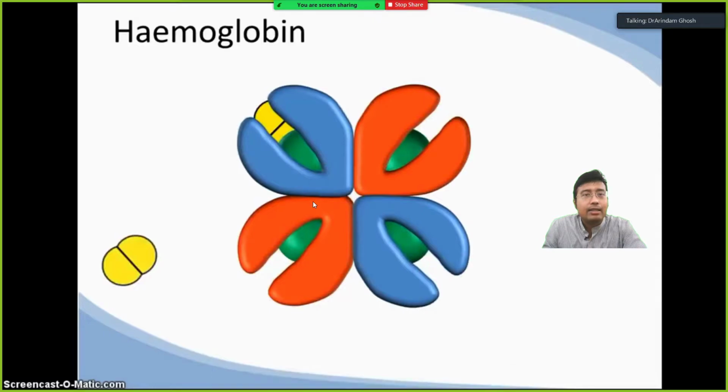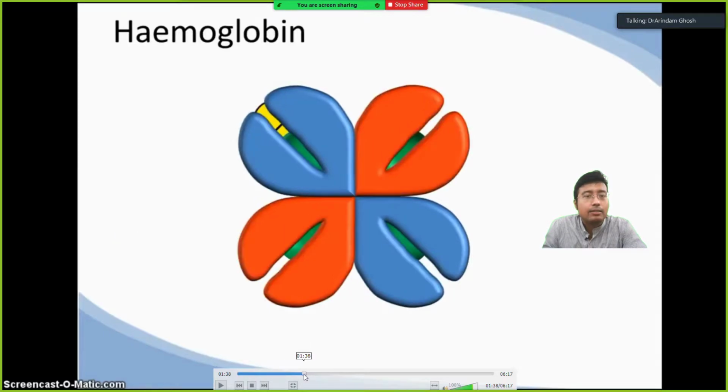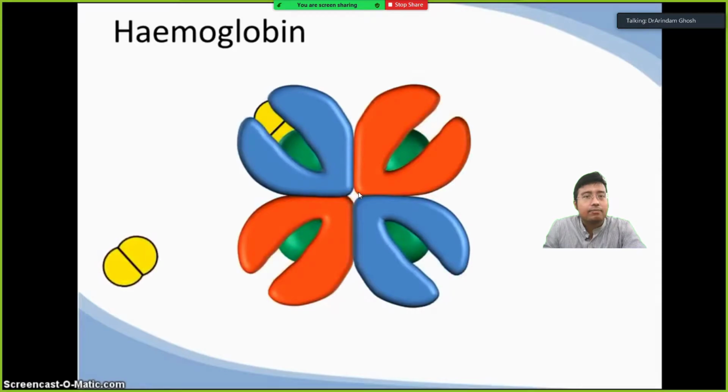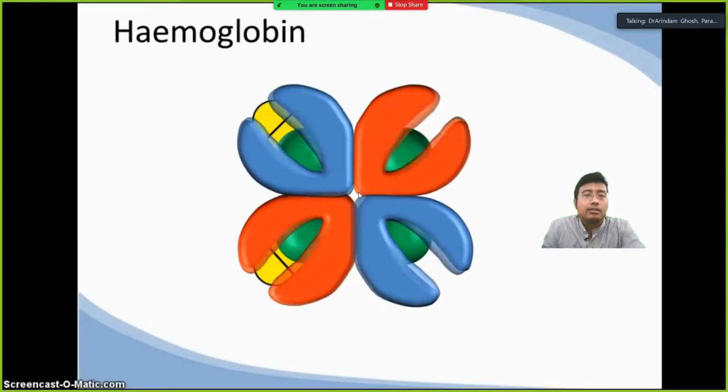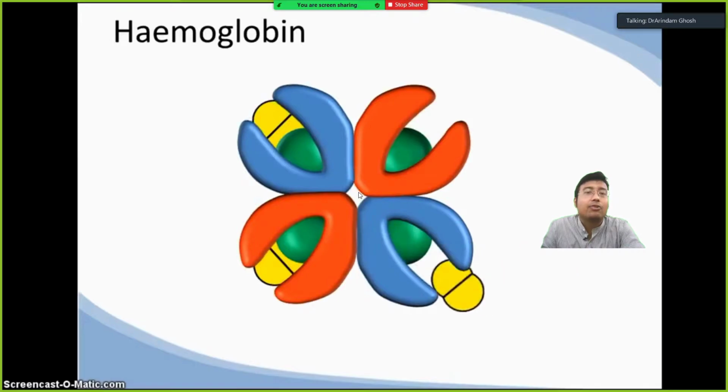And there is a change that is also going on. You see over here, in between, a gap is being created. Over here all these are tightly attached. As soon as it changes to a wide opening, the second molecule enters, it further sends the information and it gets further widened.